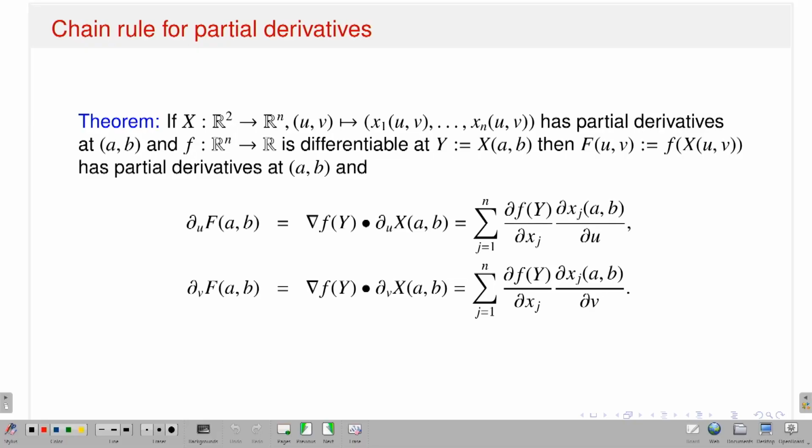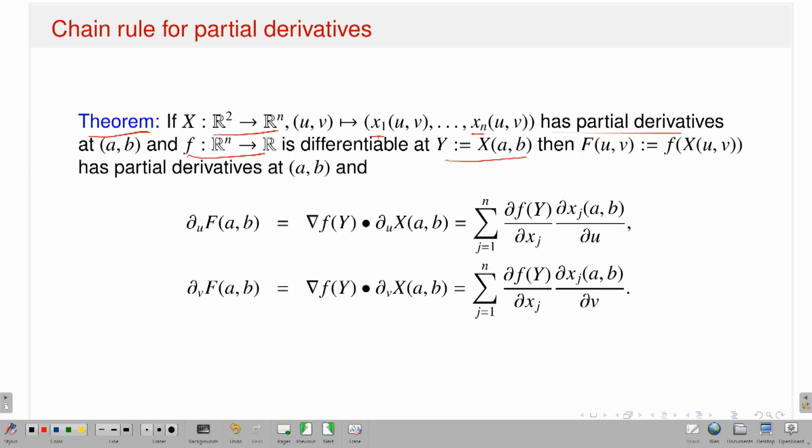Let me just recall the chain rule, which I already discussed in my last lecture. Look at the statement of the theorem. If I have a function, say capital X, from R2 to Rn, then since it is from R2 to Rn, I will have n component functions, x1, x2, ..., xn. Suppose it has partial derivatives at the point (a, b), that means the partial derivatives with respect to the two variables, u and v, of the functions x1, x2, ..., xn exist. And suppose we have a function f from Rn to R, and suppose it is differentiable at the point y,